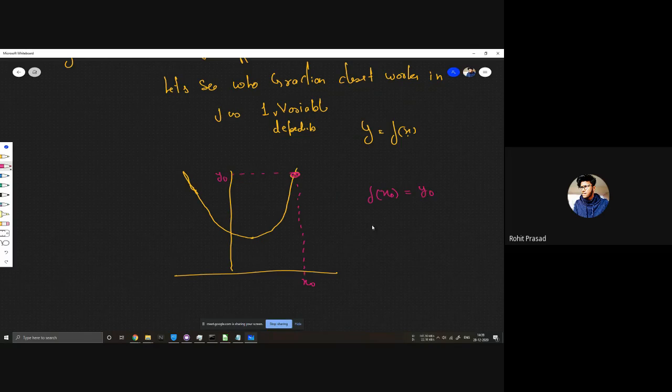Then we calculate f of x naught plus epsilon and f of x naught minus epsilon. Then we get y of plus epsilon and y of minus epsilon, something like this.